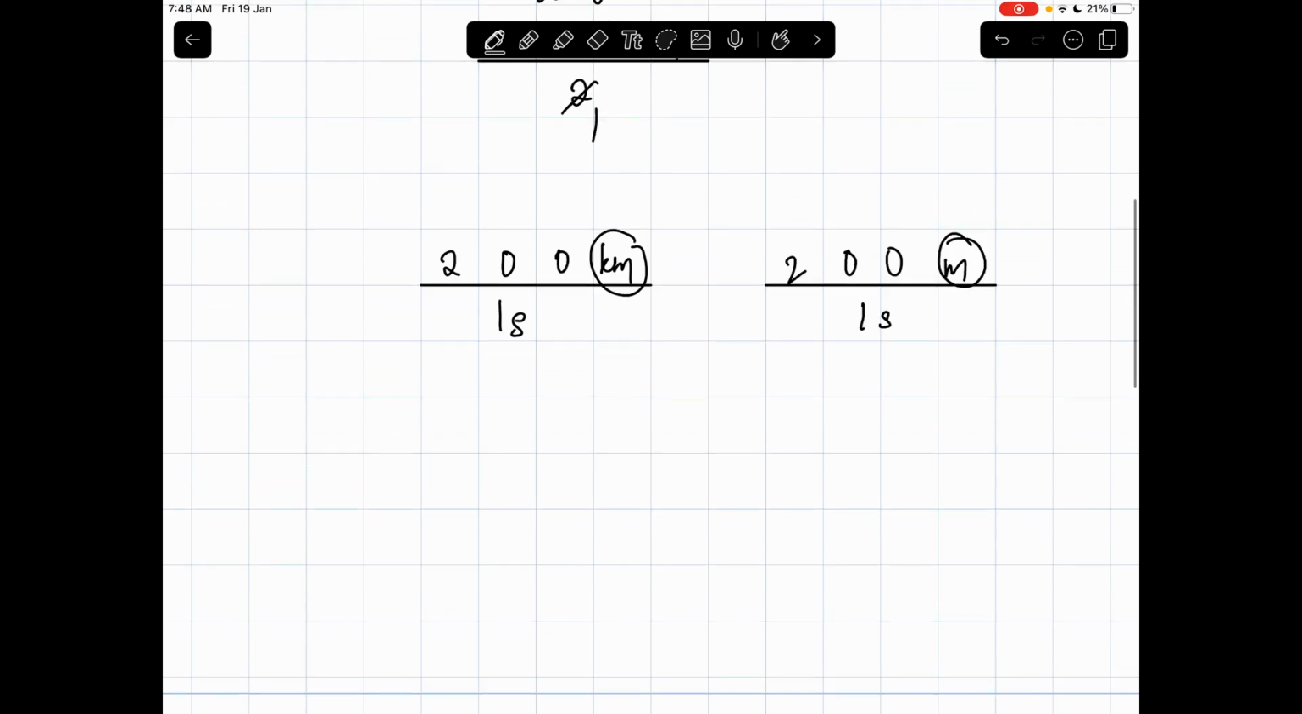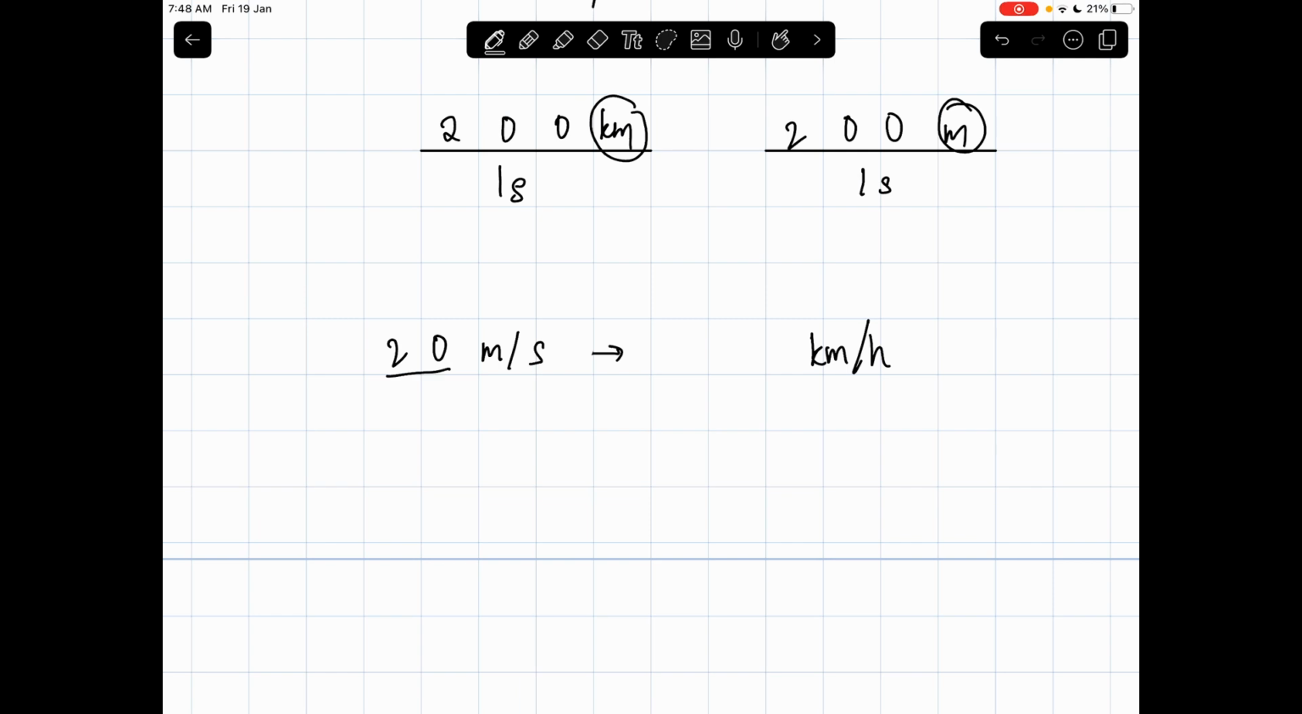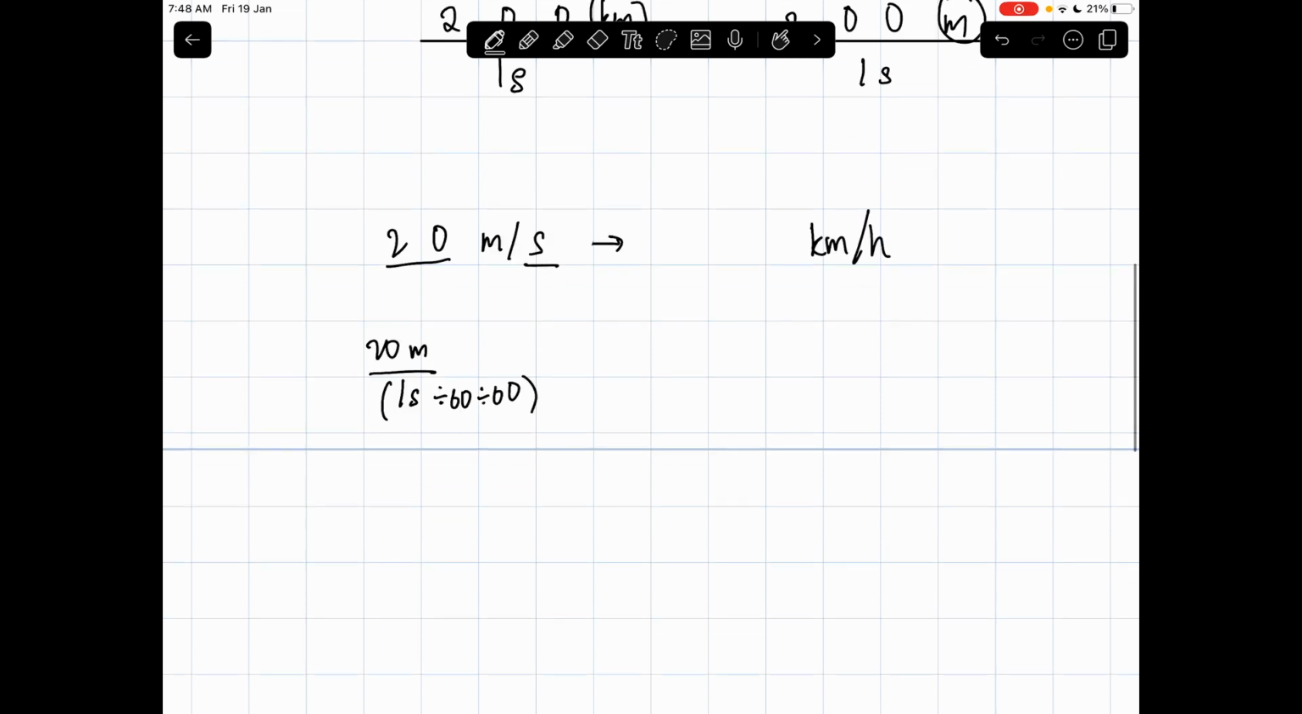For instance, you would be given 20 meters per second and you will be asked to convert this into kilometers per hour. 20 meters per second means it can cover 20 meters in 1 second. So 1 second, if you want to change it into hour, what you would do is you would divide it by 60 2 times, and then you will get 20 meters and then change it into kilometers because you want it in kilometers. So divided by 1000,